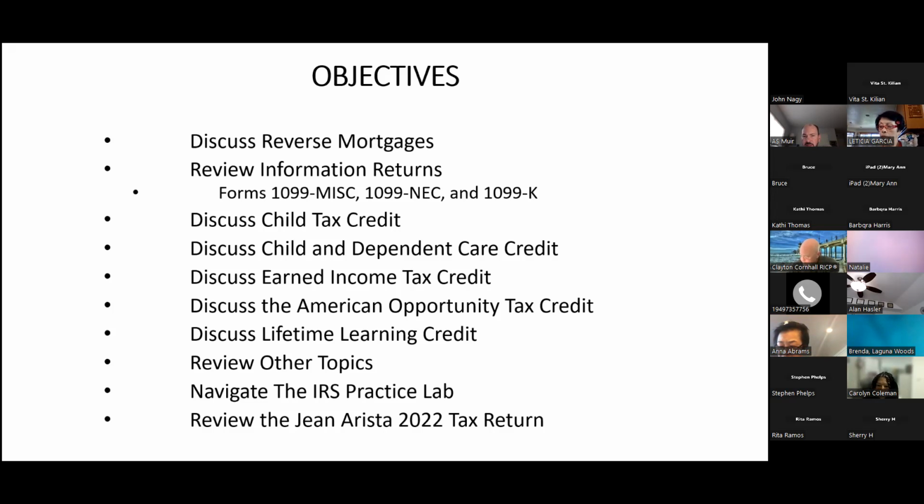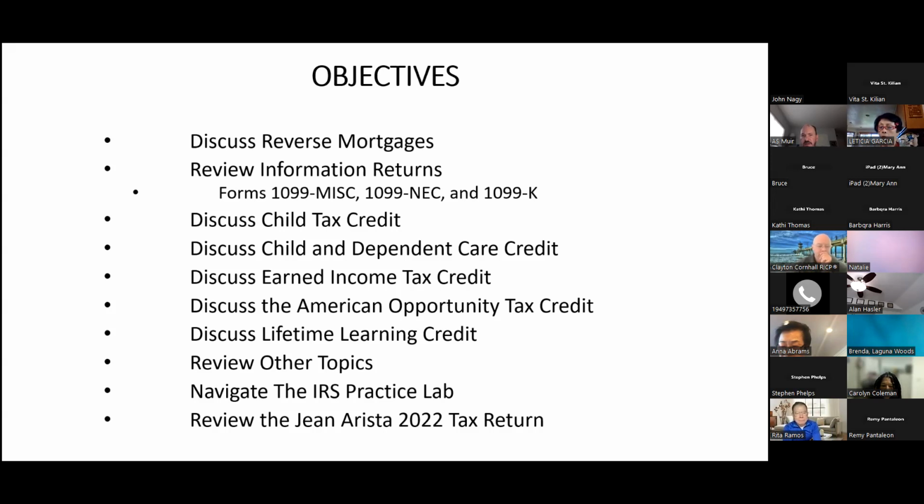That's probably the biggest credit that you can get. And that is a refundable credit. Both the federal government and the state of California have an earned income tax credit. And you might remember if you attended some of the training, the federal government and the state government have two completely different tax systems. And so sometimes you'll be eligible for something on the federal side of the house, and you're not going to get it on the state side, or there are just different rules. For example, for the earned income tax credit, there are different rules for both federal and state.